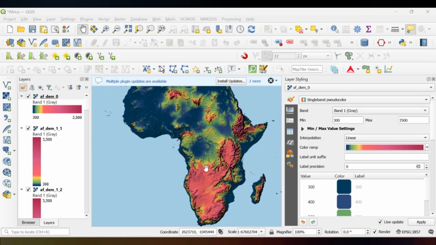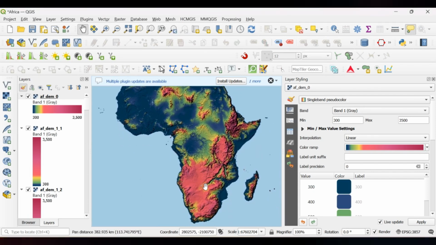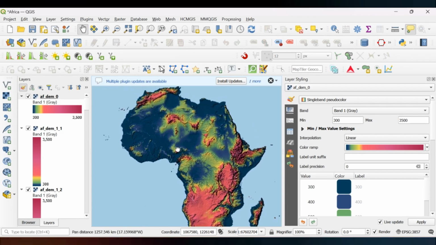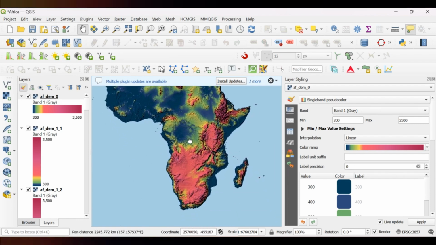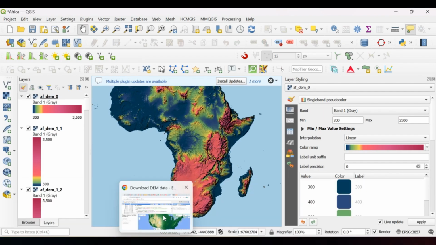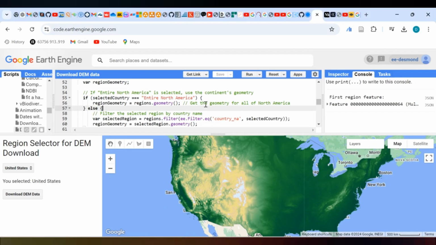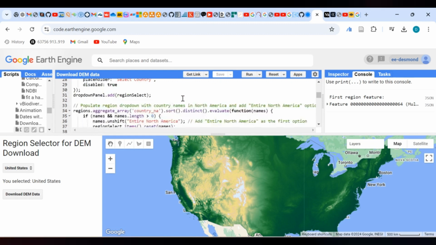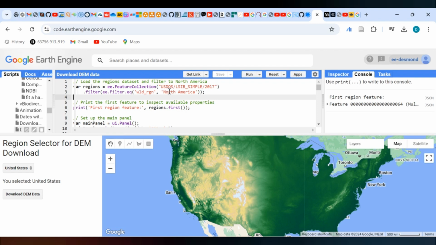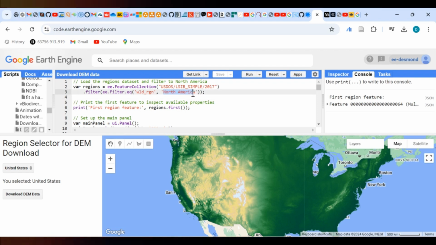Hi everyone, I'm going to show how to display elevation data in Africa. So basically I made this script which you can download. It takes this data set and then you can specify the region and download. So for example, if I want it for Africa,